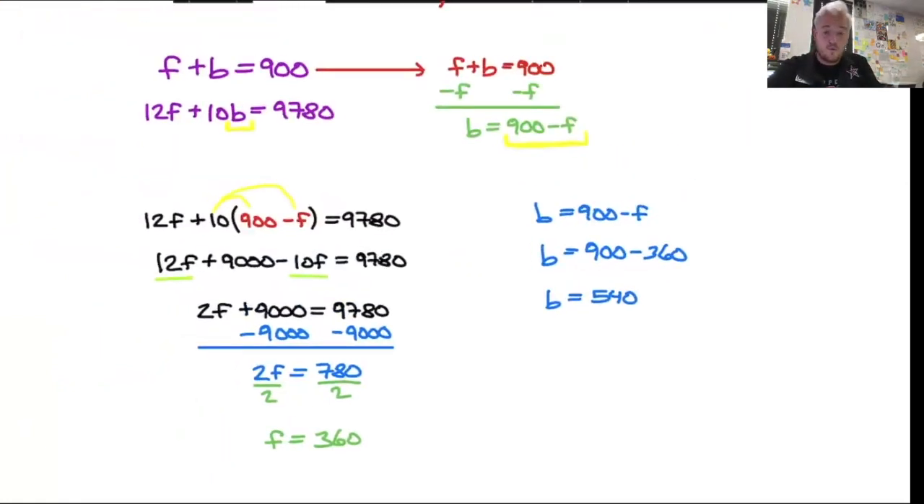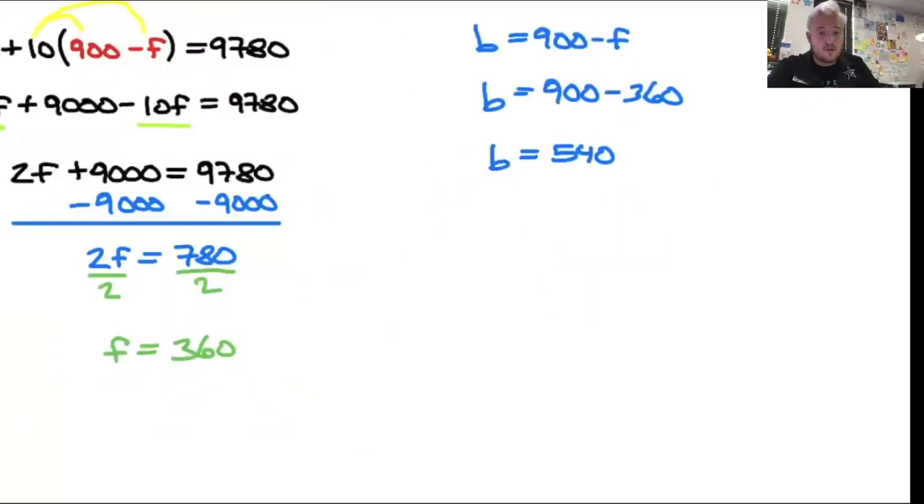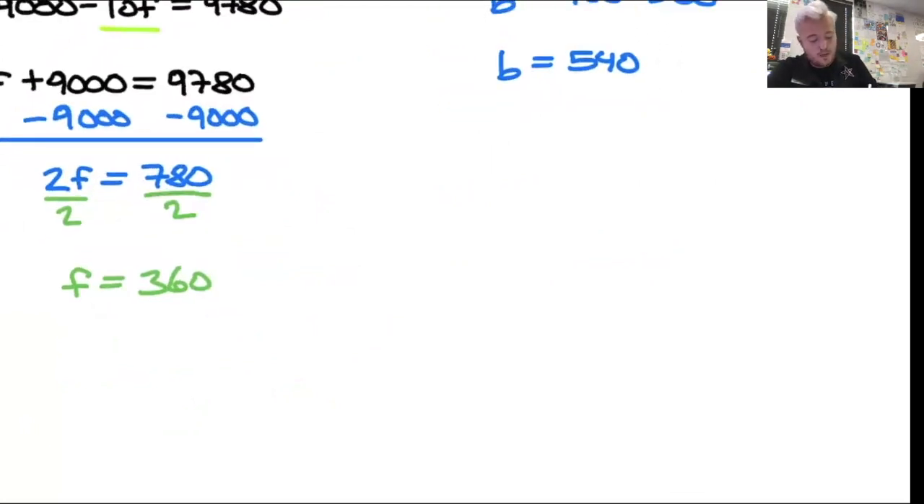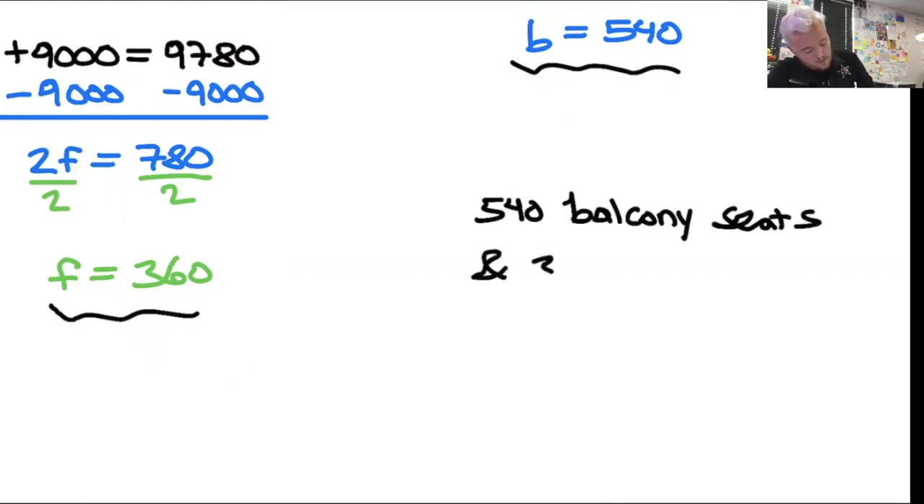From here, I need to write my statement, which is my answer. This is why I like using the first letter of each of those variables, because I know exactly which one corresponds to what. I don't have to guess, does X correspond to the floor or does X correspond to the balcony? So, 540 balcony seats and 360 floor seats